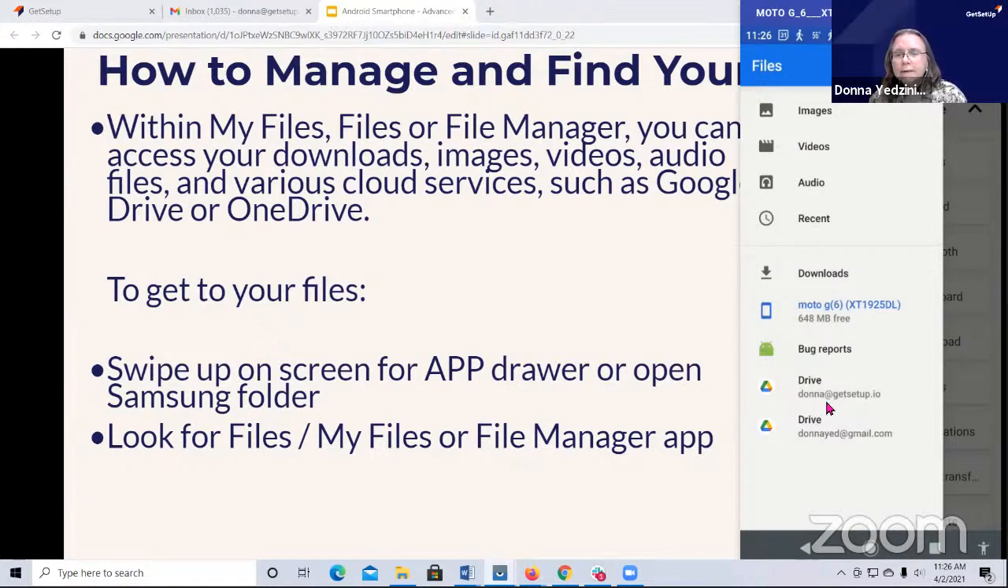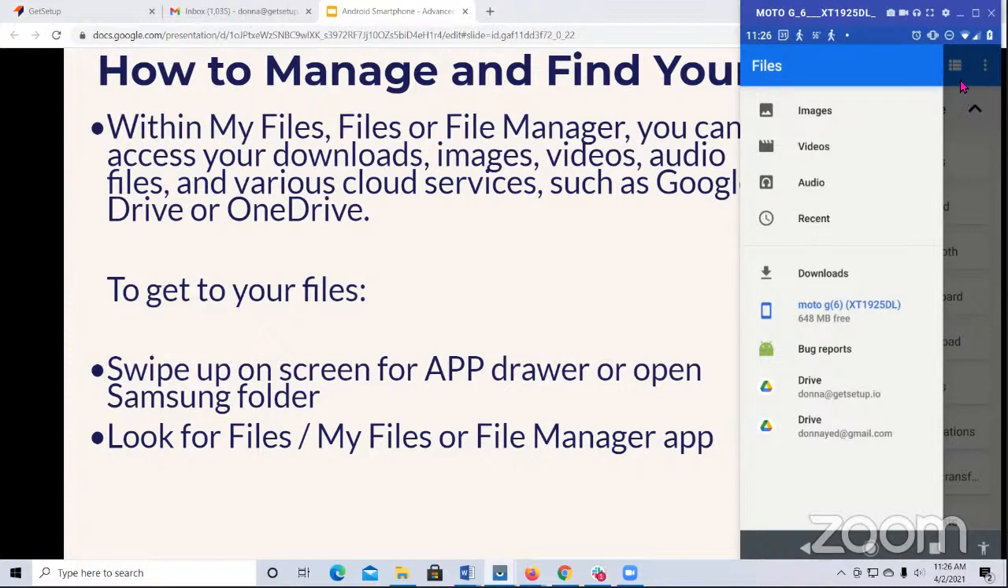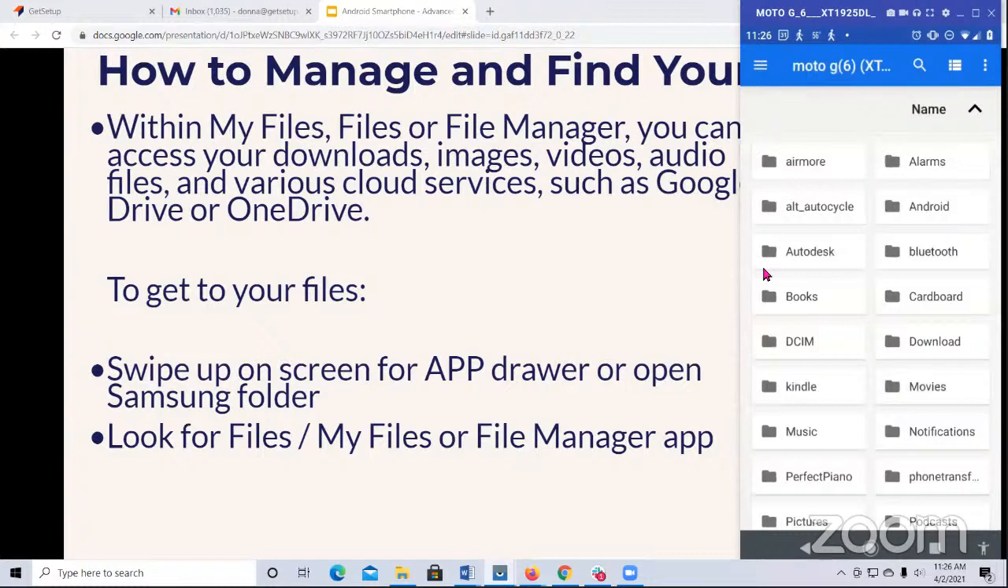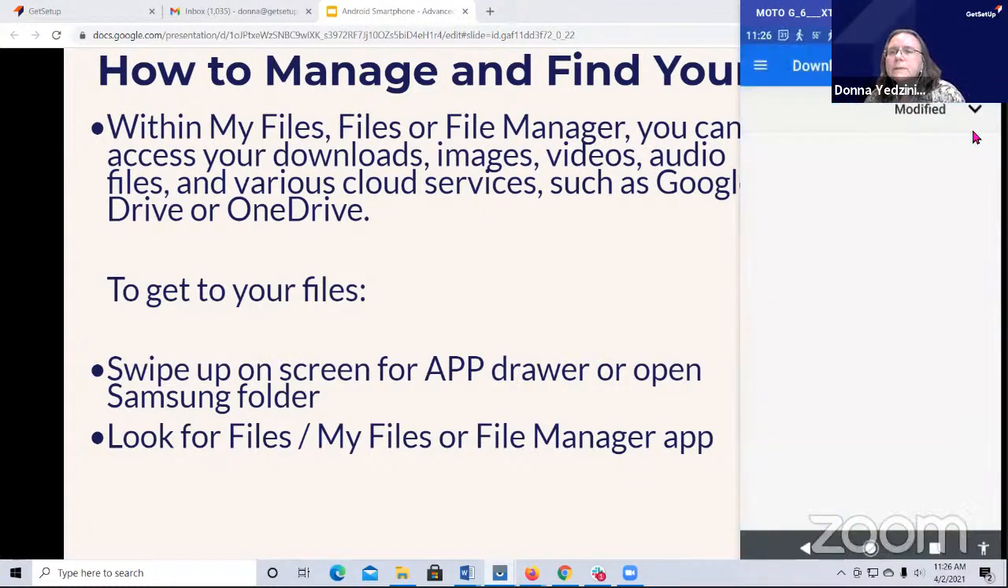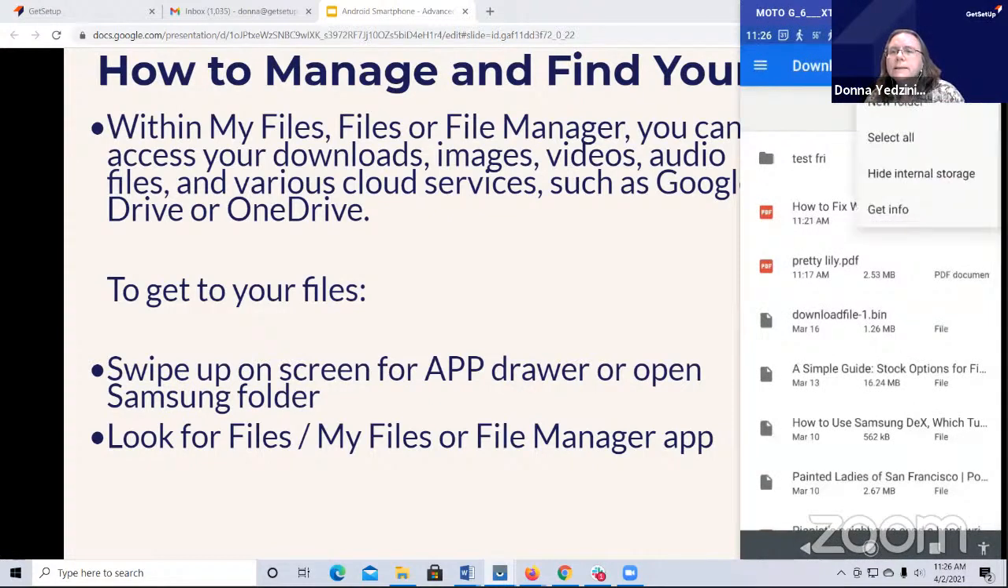If you have Google, like I have two Google Drives, they should just show right up. No, I only see the phone's folders. Hmm. Well, possibly. Let me see if there's any settings where you can always add,